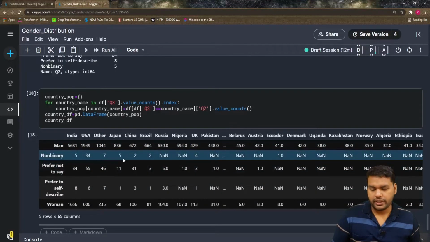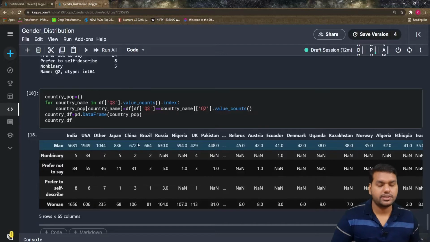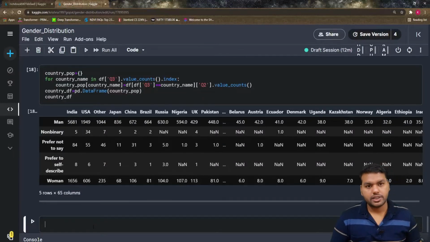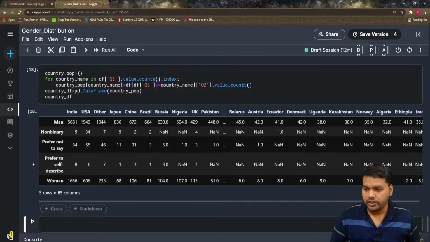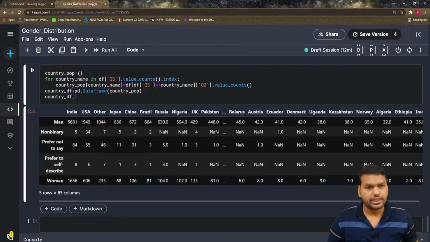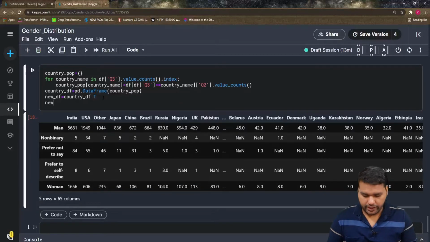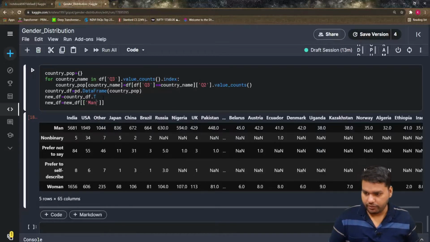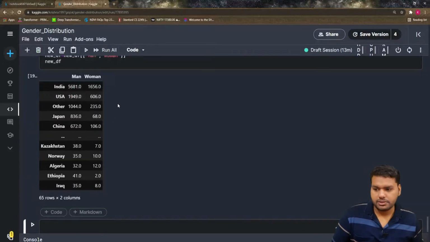Okay, so the country_df looks like this, but initially I also told that I'm only interested to see how many men and how many women are participating. So for this it's very easy to select the subset of the columns if we have this index into the column. So I'm going to take the transpose of the country_df and create the new data frame, that is new_df here. How to take transpose in Python, that is a capital T, very simple step, and define it as the new_df. Okay, so this is the new_df, and now I'm going to select only the man and woman from the new_df. So man and woman from here. Okay, so in India I have this many men and women.